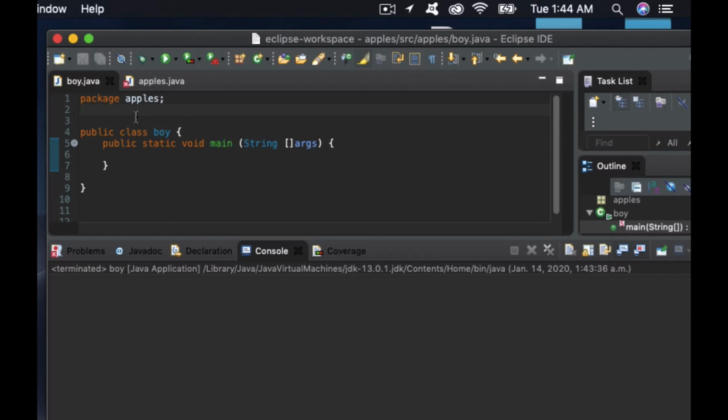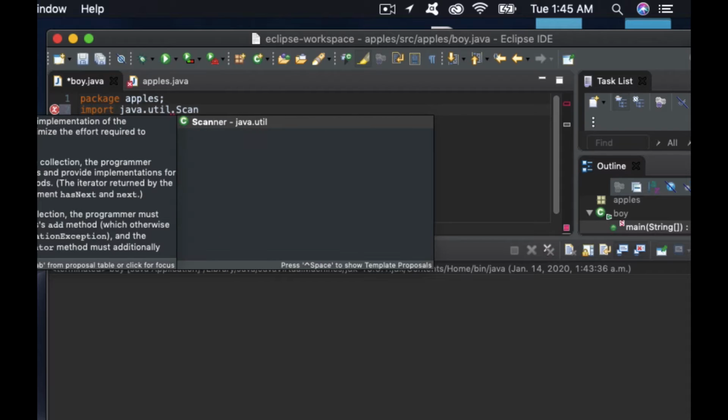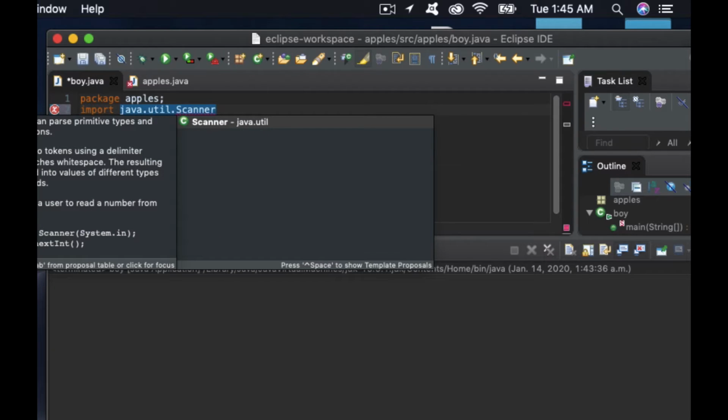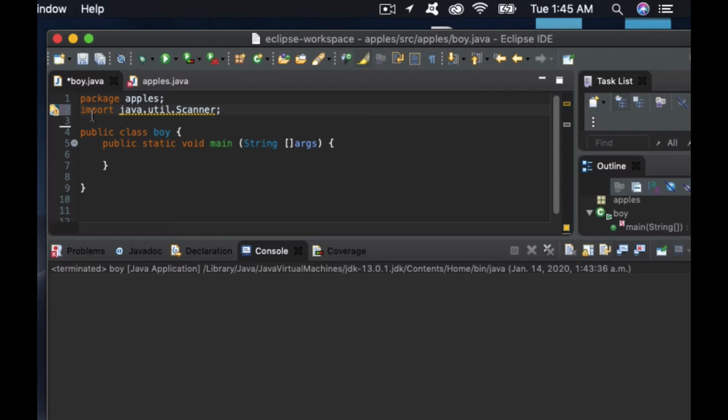So go above the class and type import java.util.Scanner. If you don't do this, it doesn't work because Java is really picky. So you have to import this one first in order to use this one. Now we are going to go inside the main function, and then we are going to type Scanner and name it whatever you want. I named this Taliban,